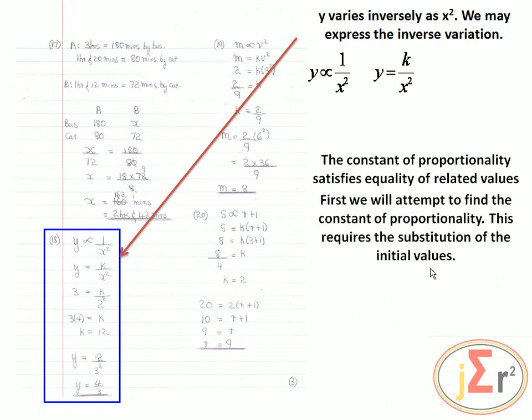First, we will attempt to find the constant of proportionality. This requires the substitution of the initial values. So there we have the initial values: x is equal to 2 and y is equal to 3. And of course we would have gone through